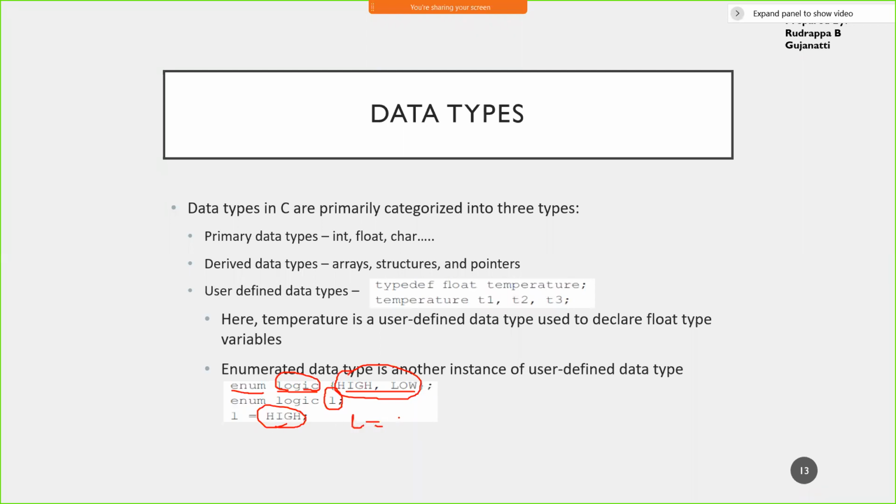If you assign L equal to 0, you will not get any value there. So enumerated data type also falls under this category. One is by using typedef, another is by having an enum declaration.